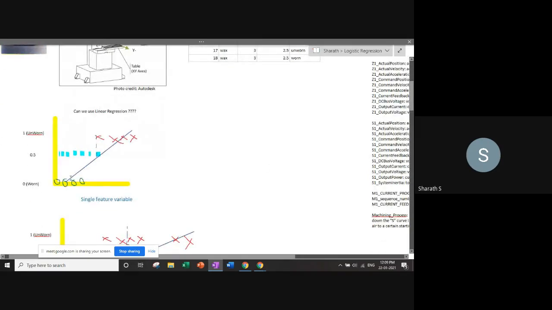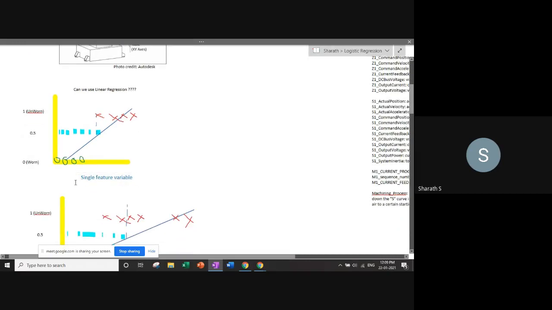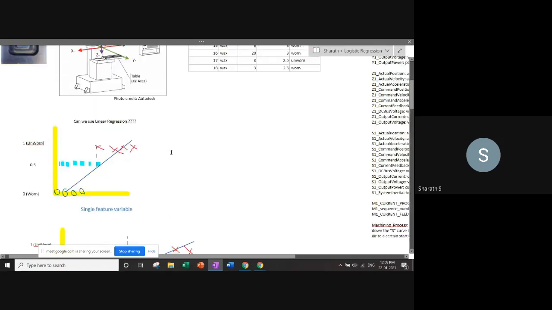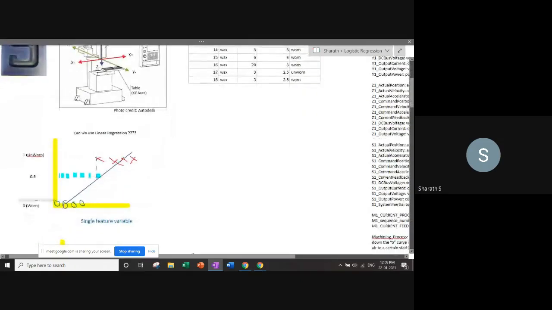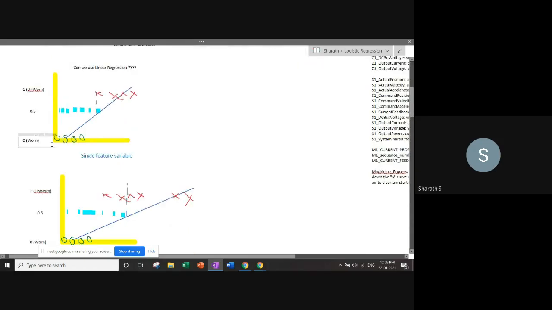Linear regression is historically the first method that was developed. Suppose you just had that, can you predict the classes from linear regression? That's the question. We are again talking about a single feature variable, just for an example, even though here there are a few more of them. Suppose you only had one X variable and you want to predict two classes, one is 0 and the other is 1. So the idea is, you have to give some number to it. For binary classification, one you make 0, another you make 1.